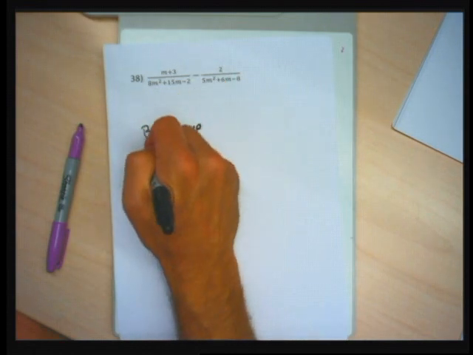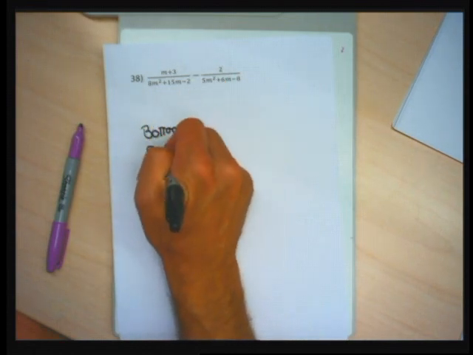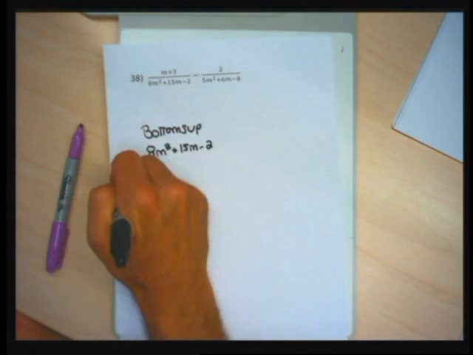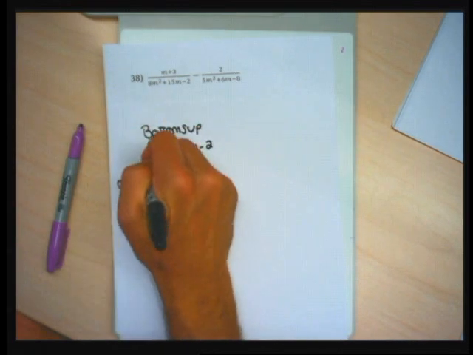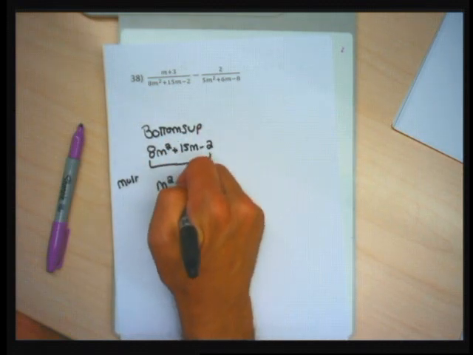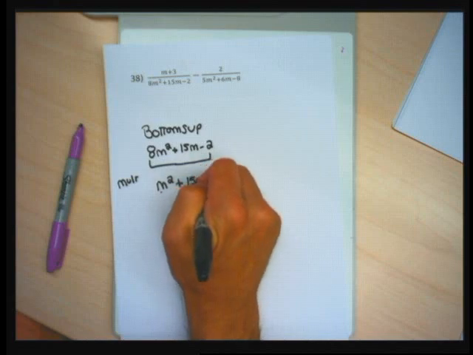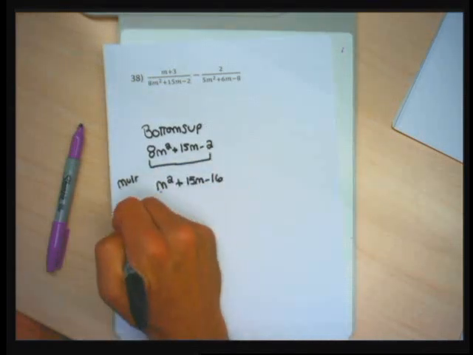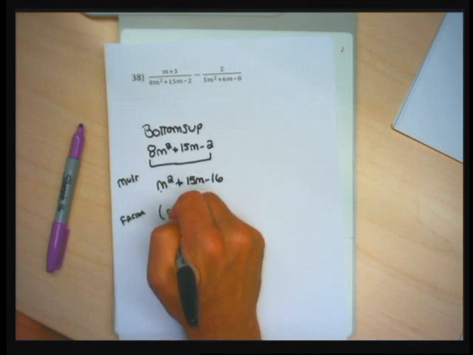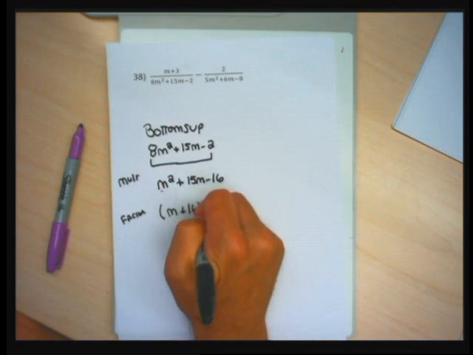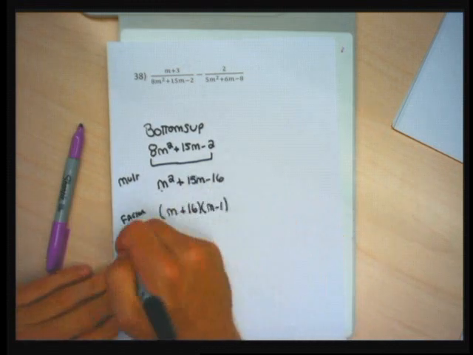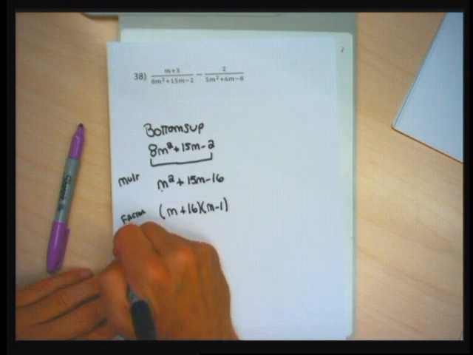So I'm going to factor the 8m squared plus 15m minus 2. I start off, I multiply. I'm going to multiply the 8 and the minus 2, which gives me m squared plus 15m minus 16. Then I factor. This factors into m plus 16 times m minus 1, because the last have to multiply to 16, subtract to 15, and then divide,